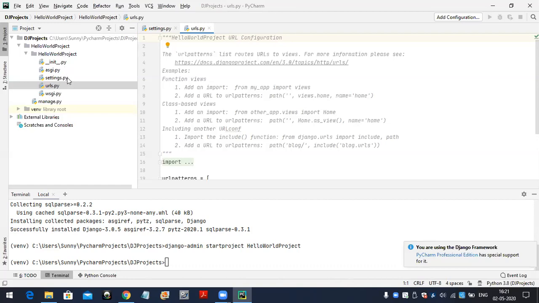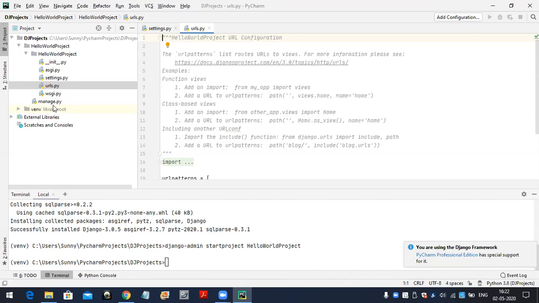Next, settings.py, inside this we have to do the required configurations. Inside urls.py, our view function related URL patterns we have to configure. Next, wsgi.py, Web Server Gateway Interface. At the time of deploying the project in a live environment, we have to use this wsgi.py file.